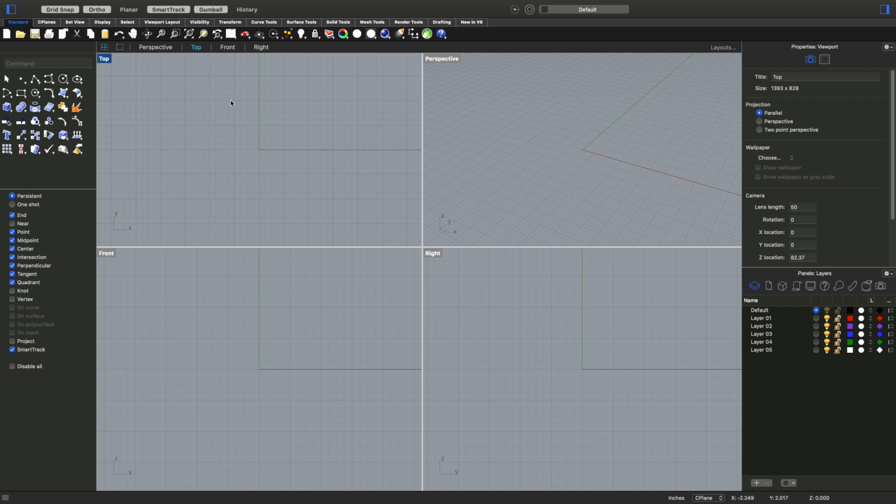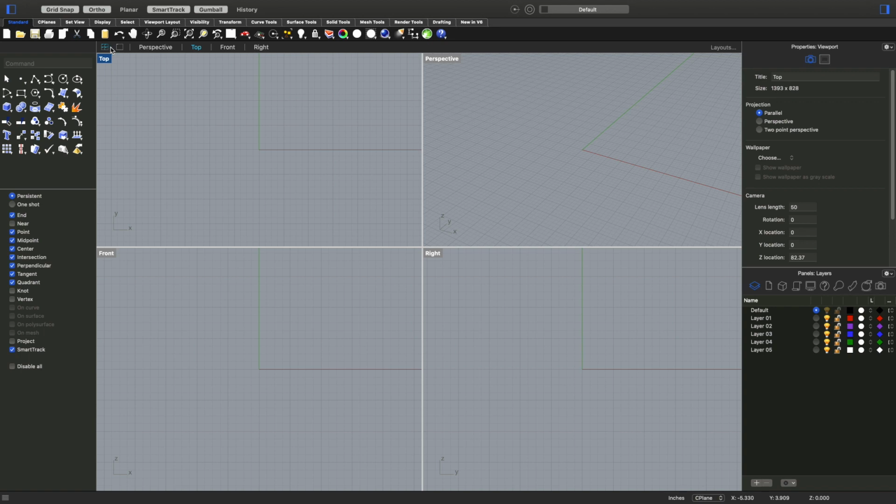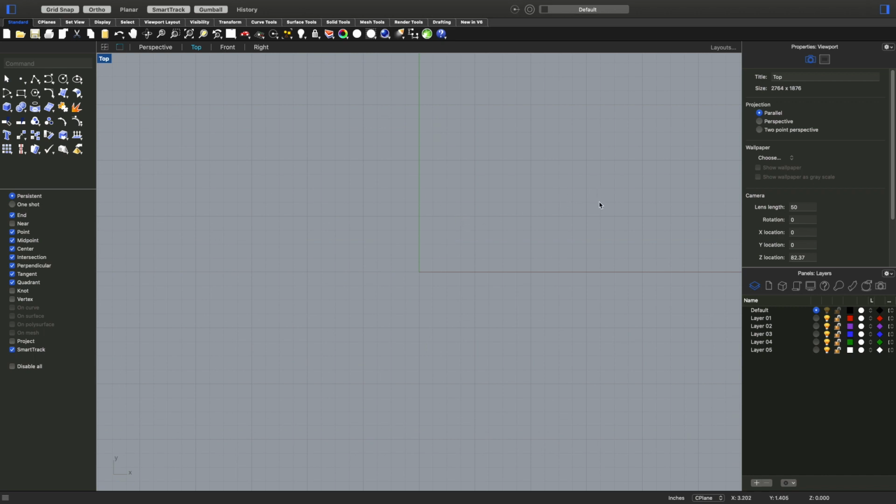So I'm going to go ahead and double click where it says top up here, and that brings the top view into full screen mode. I can go back by clicking on this little icon right here, but I always like to start my drawings from a top view. All right, so